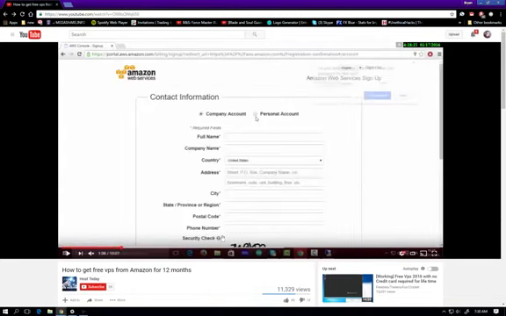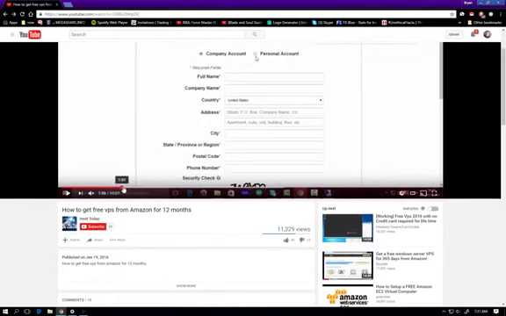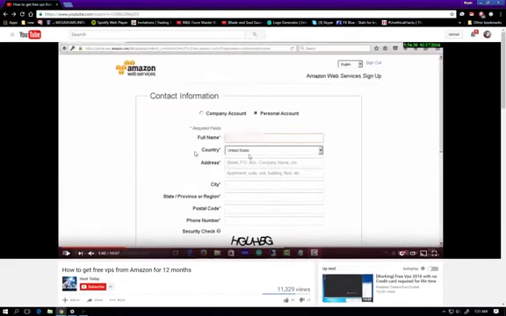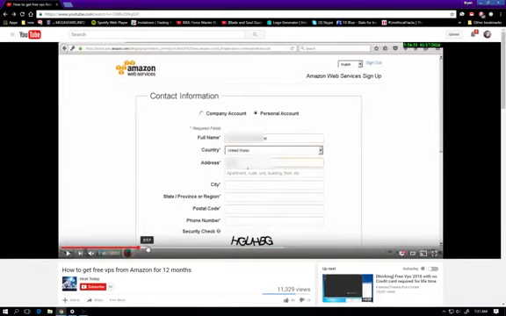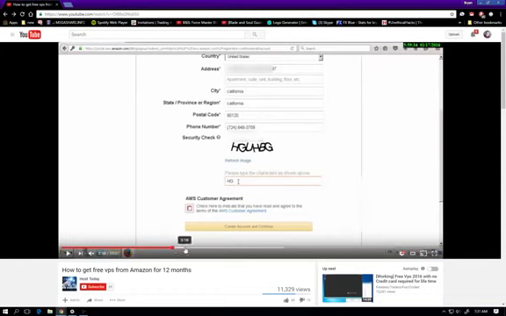After you do that, next screen, it's going to go to contact information. Just go to personal, unless you want to register it under a company, but just go to personal. It'll ask you your basic info. You can see why I didn't want to do this with my account, because I really don't want to type in all my stuff here for everyone to see. This thing here, it's a lot uglier now, so you can always hit refresh image if you can't see it, because I had to do it 3 times before I could get one that I could read. And just make sure you agree there.